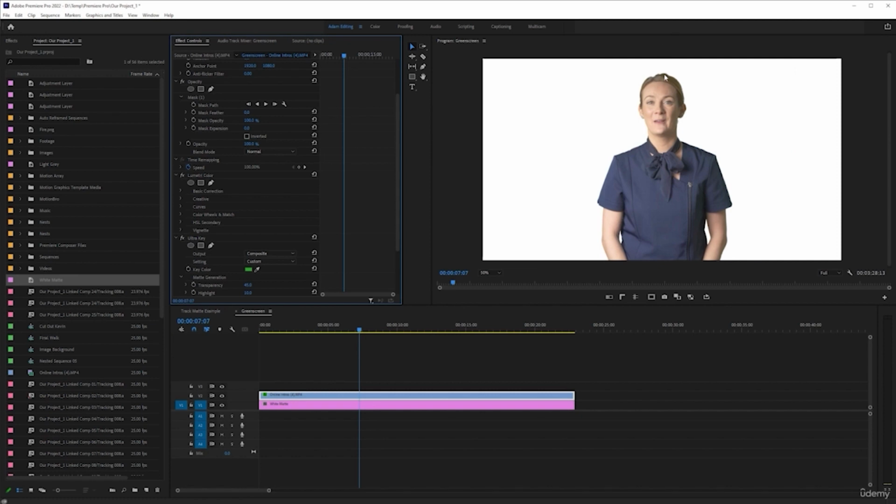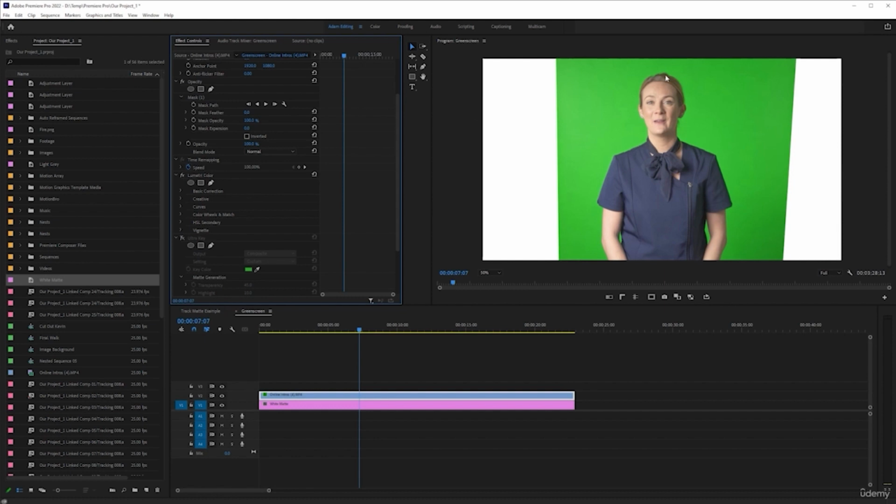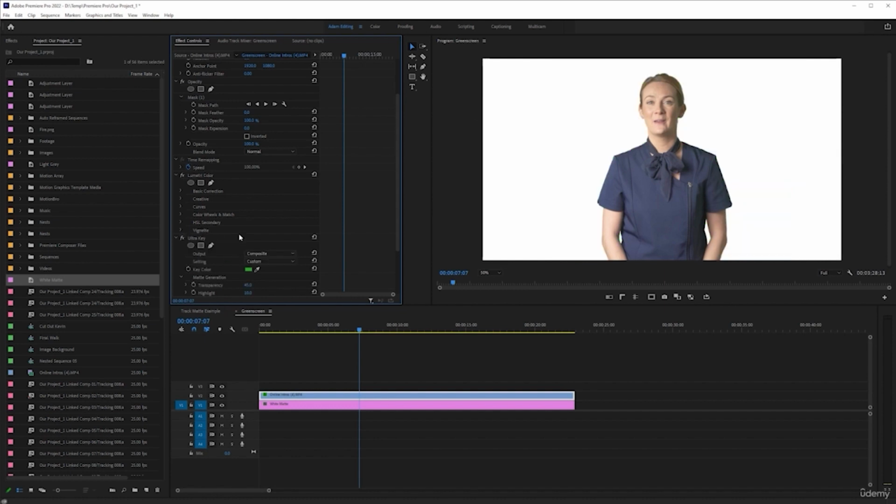I just saw there's a little bit of lightness here in her hair, and I didn't know if there was a bit of spill from the green. Not that it could do really, because it was behind her, but no, that's not taking that. Now you see how the hair here, we're getting rid of a little bit of the hair, which isn't really too much of a problem. But if we go into spill suppression and play around with this spill,